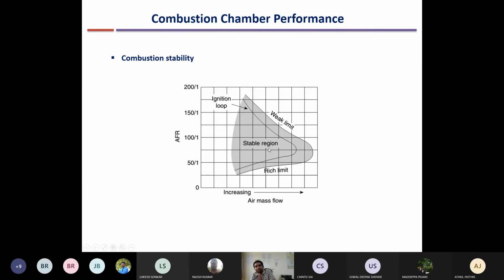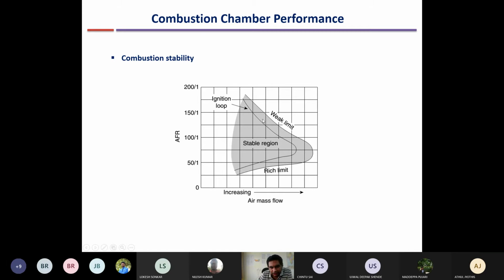The tendency of the flame to blow out is also large, because it goes out at a faster rate from the combustion chamber. So obviously it is more difficult to sustain stable combustion if the mass flow rate is large. As a result, the limit of air fuel ratio keeps on decreasing at larger mass flow rate. For example, if we consider this region, the stable air fuel ratio is only 100:1 to 70:1, even less at this region. And after some point, even with a very good air fuel ratio, you cannot sustain the flame, because the flame will just blow out due to very high velocity.